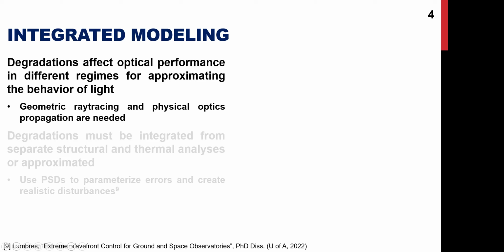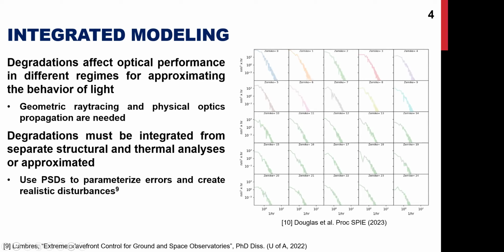This is because for something like thermal error, you have optics shifting. That is something that you cannot actually model in a physical optics model. You have to trace the rays to tell you geometrically how that changes the performance of the system, versus, say, some high spatial frequency error on an optic. To model that, you need to actually do the diffraction calculations instead. So we need to integrate all these things together from separate structural and thermal analyses,